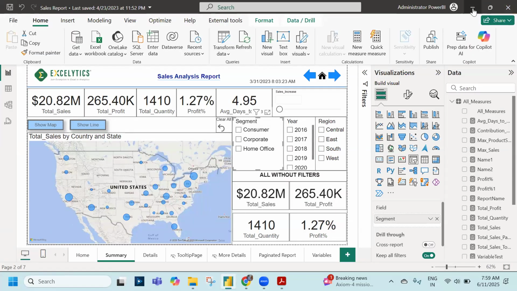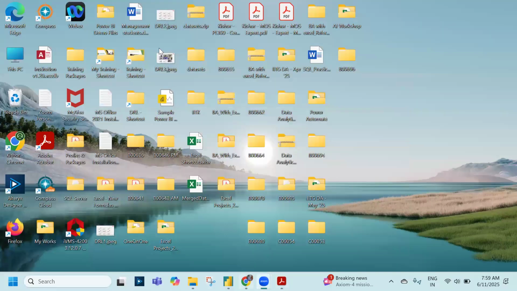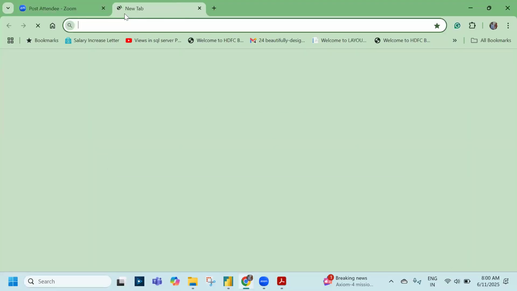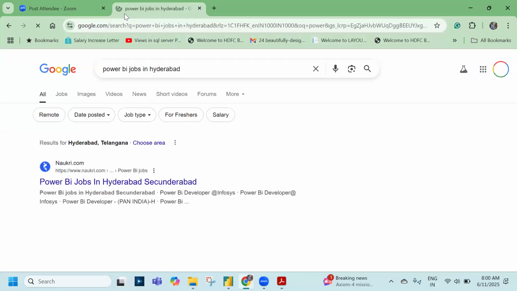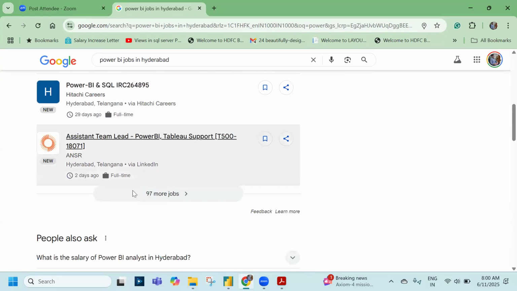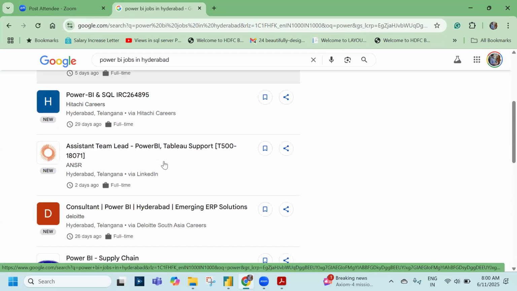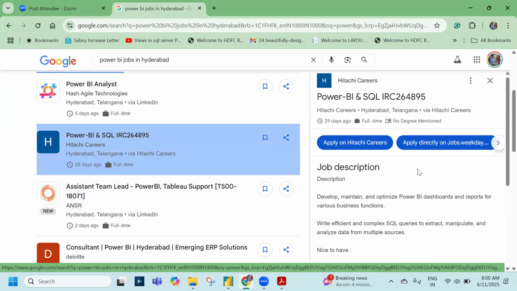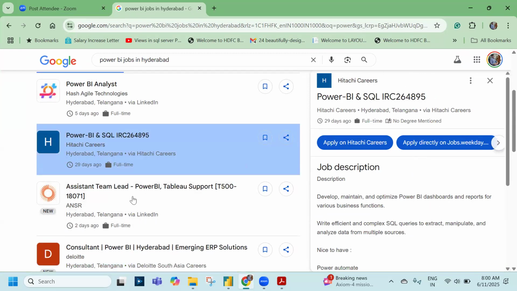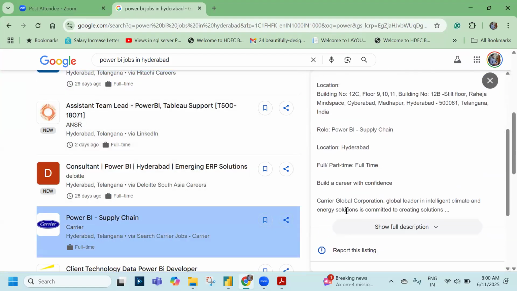Understood? Right. Perfect. So why did we make this a SQL and Power BI combination? Let me show you. Most of the people may be thinking, I want to get into a Power BI developer role. So let me just ask Google, Power BI roles in Hyderabad. Let's take Hitachi. You see, of course, it is asking for Power BI and SQL, but let's take any other. It simply says only Power BI. But if you look at this,